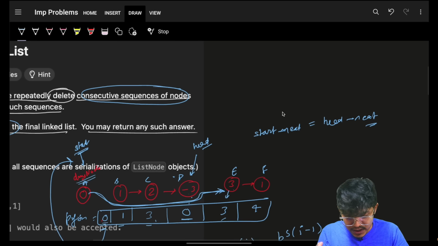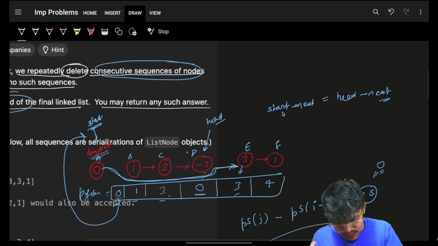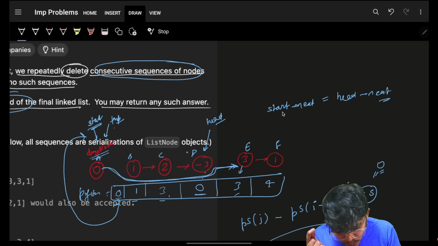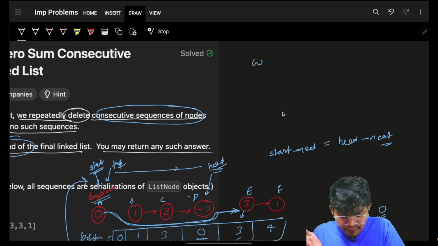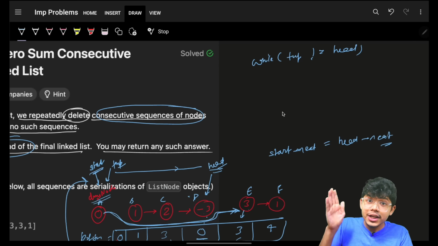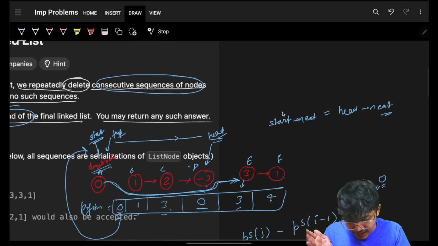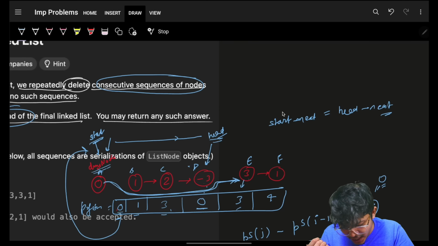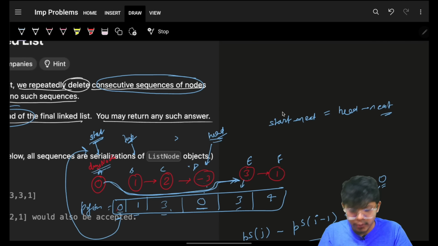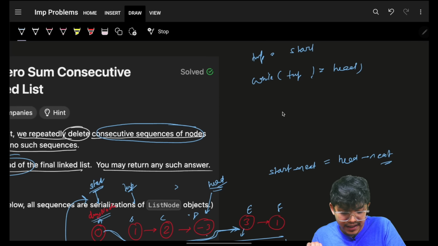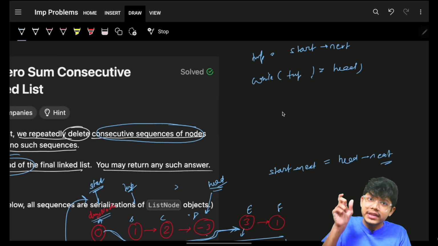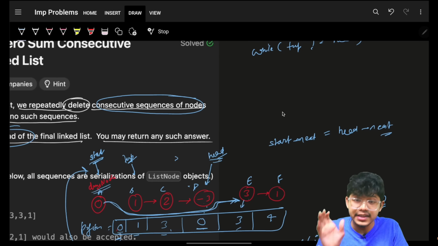So what I have to do is put a temp here. That temp needs to keep on moving until it reaches the head. Again, while my temp is not equal to my head, I should keep on deleting. My temp is pointing to start, but I should actually point my temp to this. So my temp is nothing but start's next. Then my temp should keep on moving until it is equal to head,